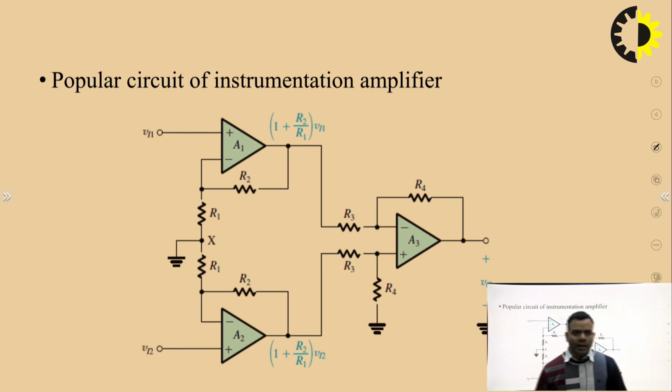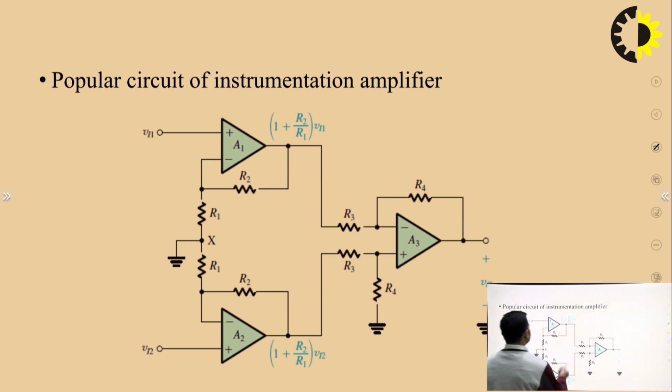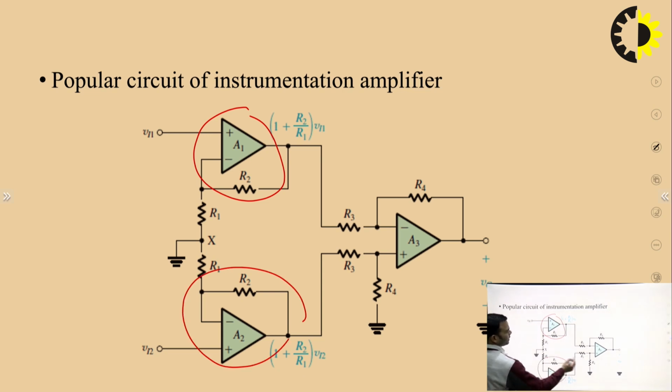See, there are various types of circuits used for the instrumentation amplifier, but this is the most popular circuit of instrumentation amplifier. Let us analyze this circuit. In this case you can see this is one amplifier, this is another amplifier, and there is one more amplifier,